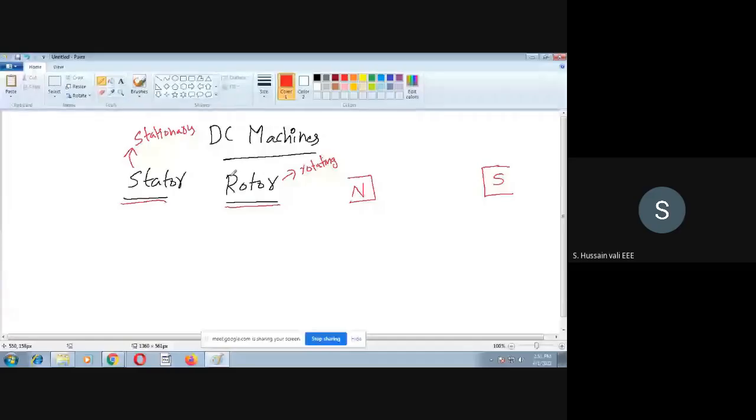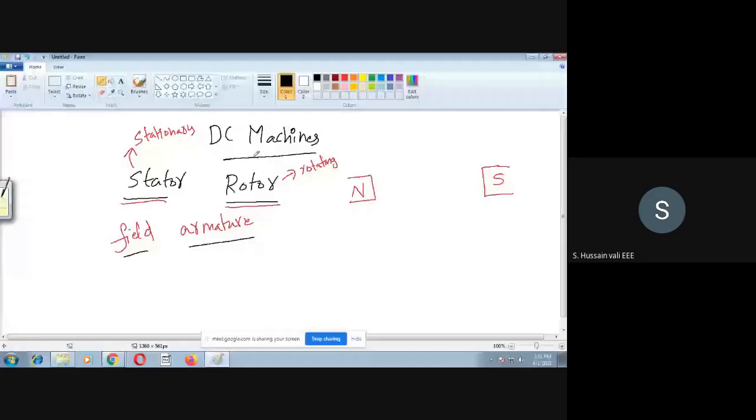So now in the DC machines, which part is stationary? And some more classification is also there in the DC machine. Two parts. One part you call it as field, another part you call it as armature. What is field? What is armature? Field in the sense, someone just now told this thing.